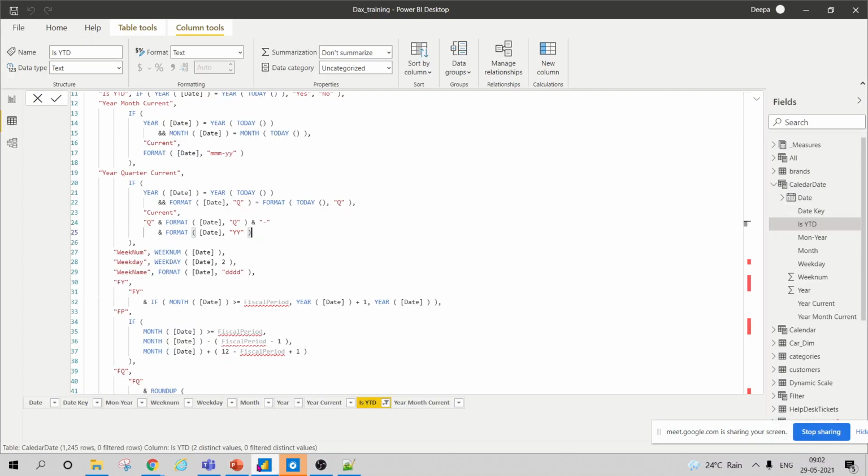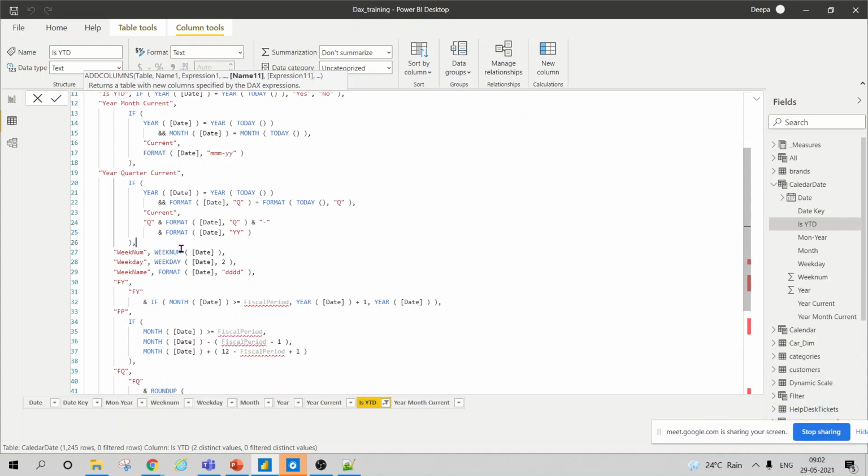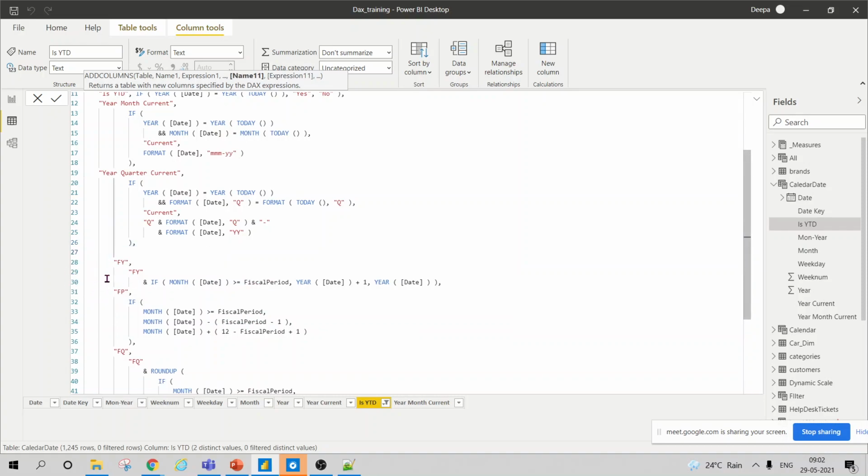So this checks whether it is the current year or not. We'll again go to the week number function. The week number function we have already done, so let's remove it. Then we have the financial year function.